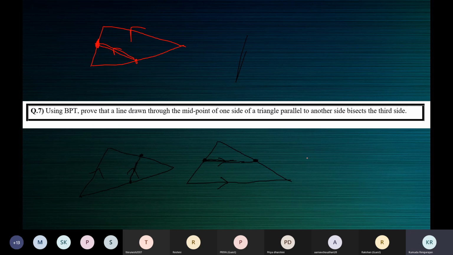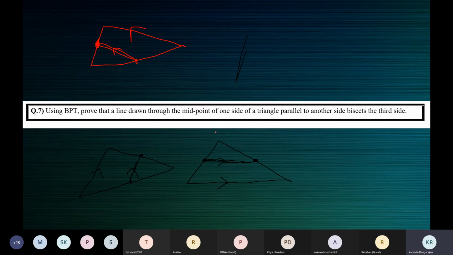Yes, children, I'm back. So this is what the midpoint theorem is. We should be given two things. That is, you should know the midpoint of one side of the triangle. And it should also be given to you that this line through the midpoint is parallel to the second side. Given these two, the result is only one, that it bisects the third side. This is the midpoint of the third side. Given two things, this is the result.